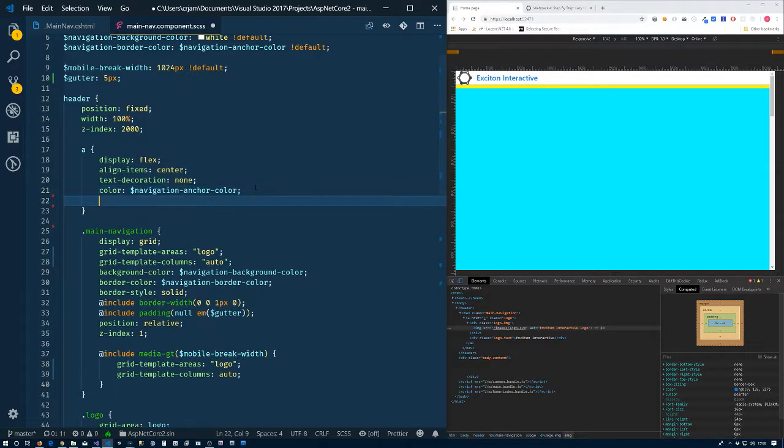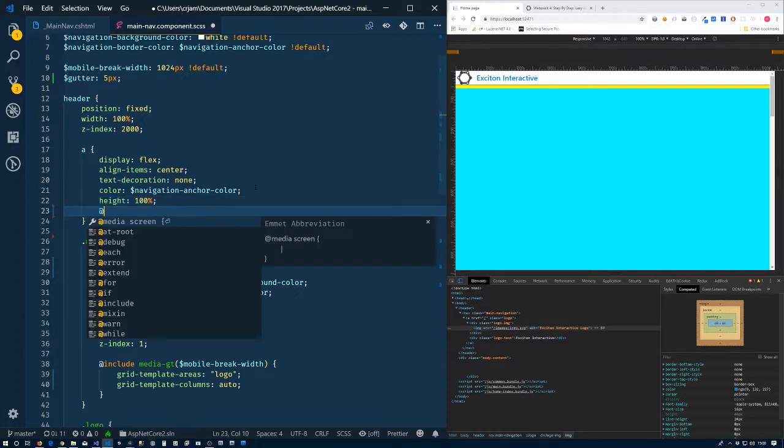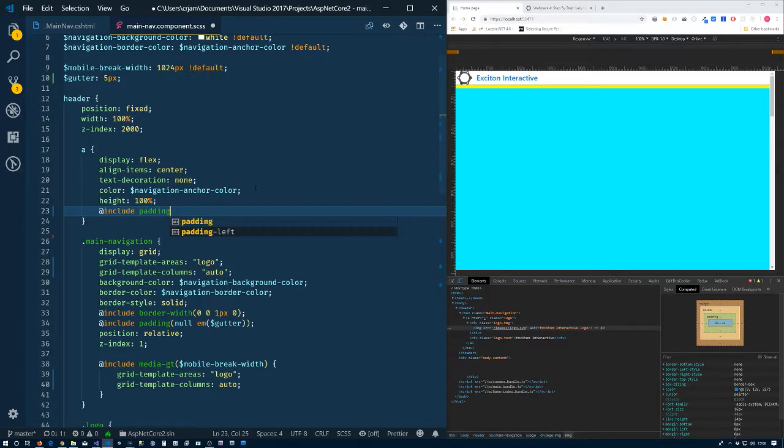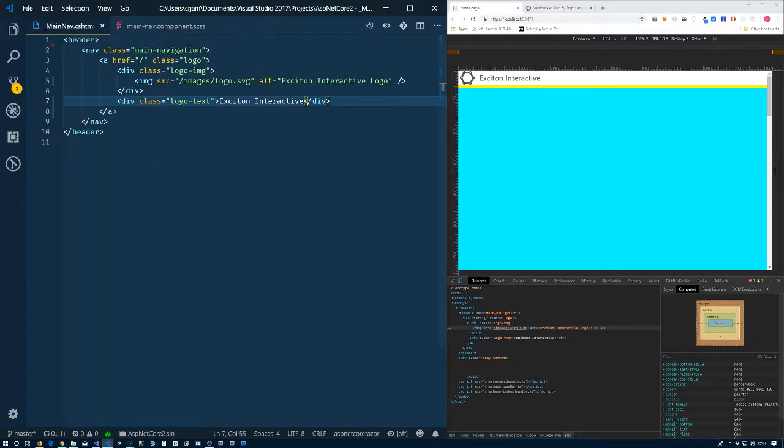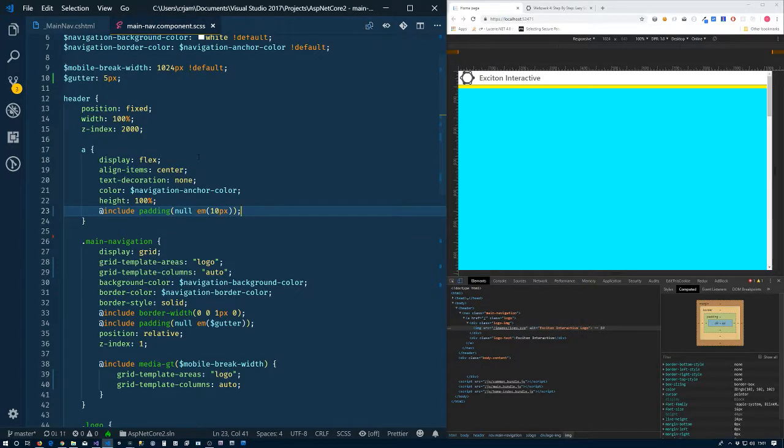Set the color, navigation anchor color. I want those things to take up 100% of their parent's height. And we're going to include a little bit of padding on here. Nothing top and bottom, but to give them a little bit of space left and right. We won't see anything on this one for the padding. We'll see them later on when we add anchors. Like I said, for now we've managed to have a basic setup. We've got a little bit of markup going on, and it's being included in the page for us already. The styles are being included, so all we have to do is modify the